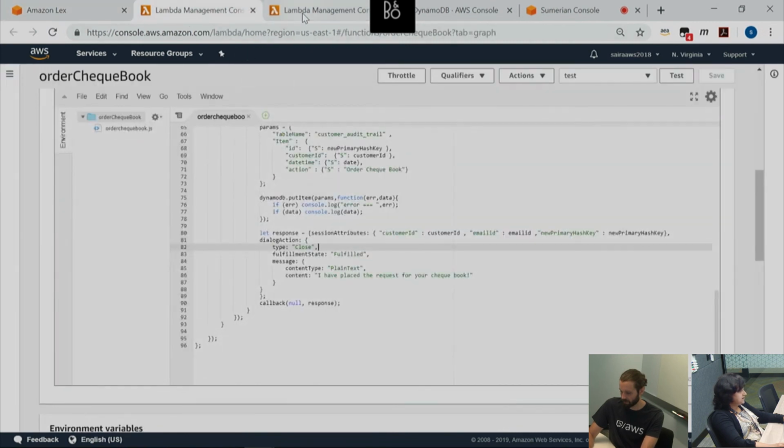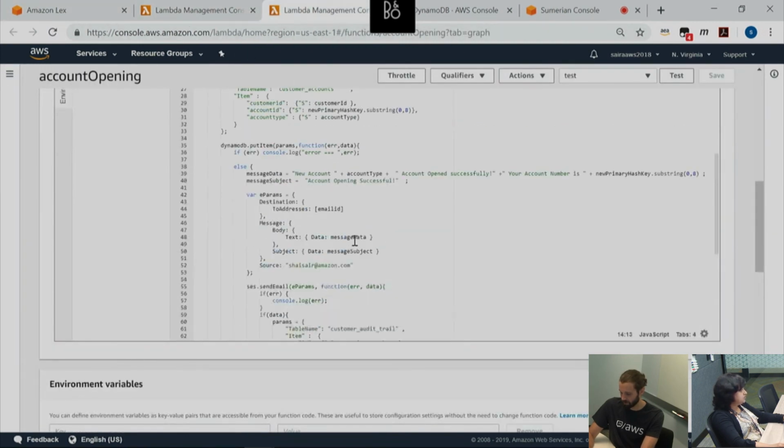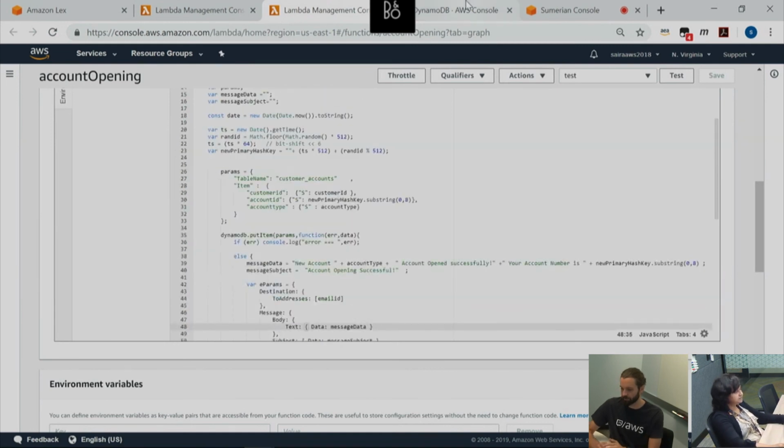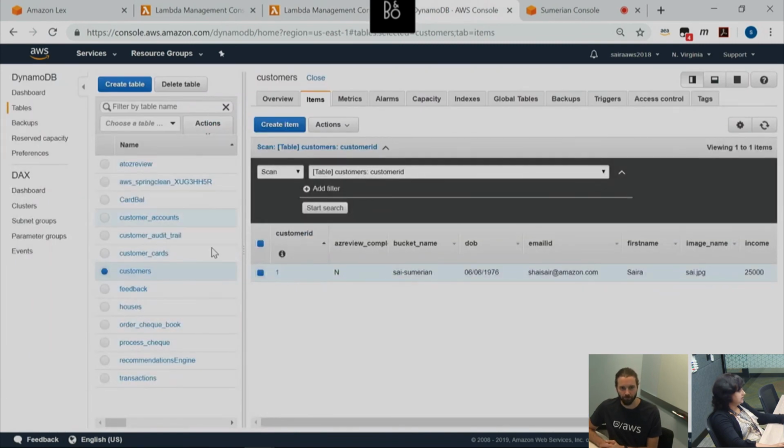Okay, so these are the Lambda functions, as I said. Basically Lambda, as you correctly said, writes to the database and sends an email. That's the main functionality after getting the data. Gotcha. And this is a database like DynamoDB. I used DynamoDB because you can use any other database as well.